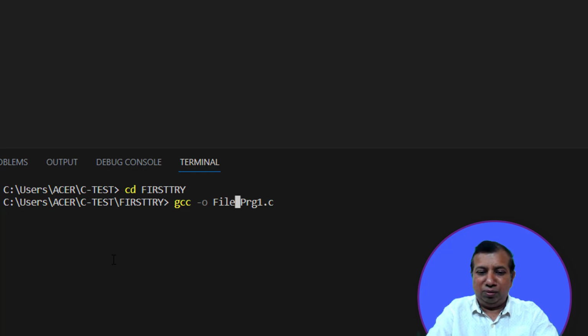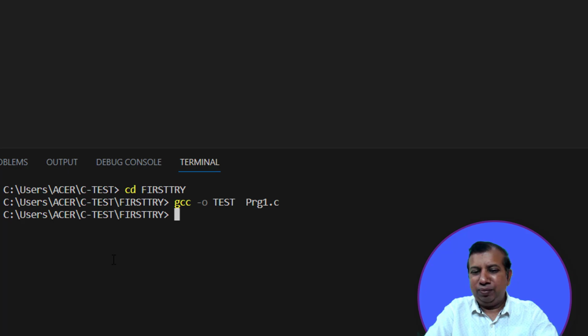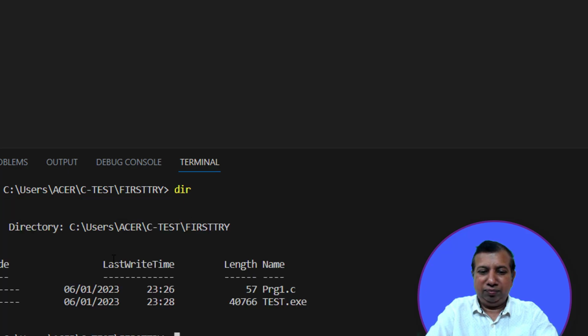For simplicity I will change the name. Let's say suppose the output file I want in this name, test. Okay, just press enter. Now there is no error. That means your program is compiled successfully, and now you will get test as the output file. To check this, you can give the command dir. It will show every file inside it. Here you can see prg1.c is the program file that you have typed here, and test.exe file is created. Now to run or to check the output of test.exe, you can just type